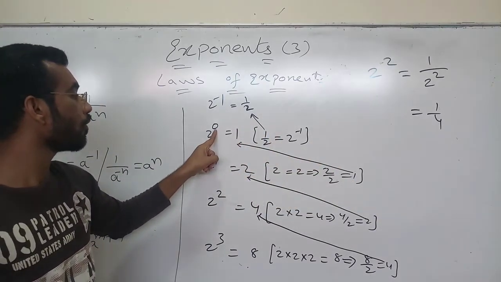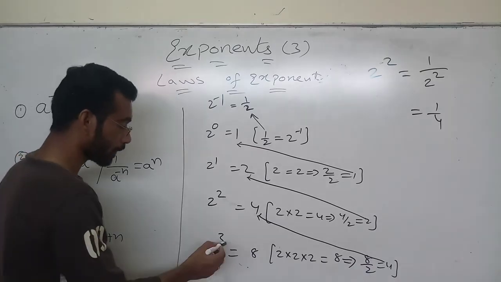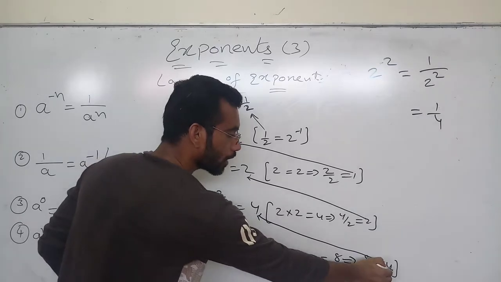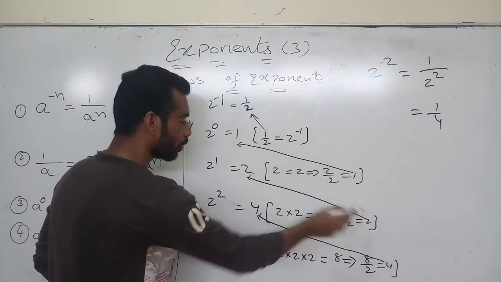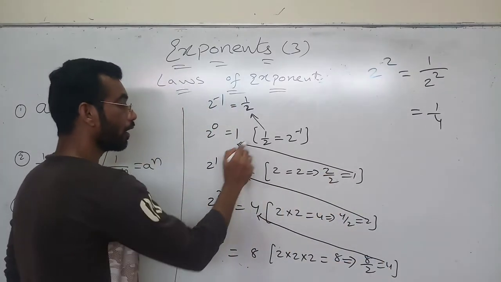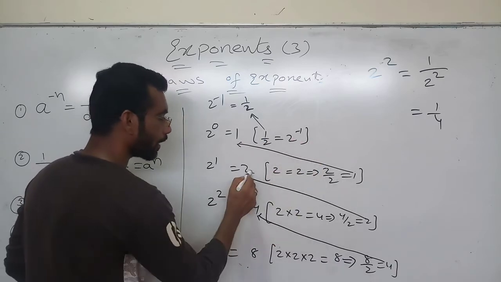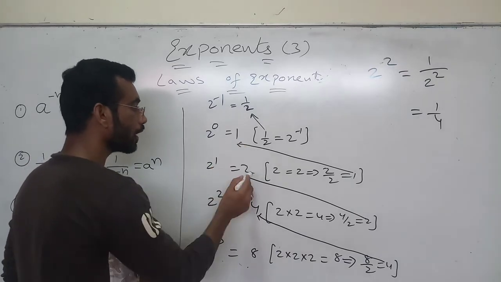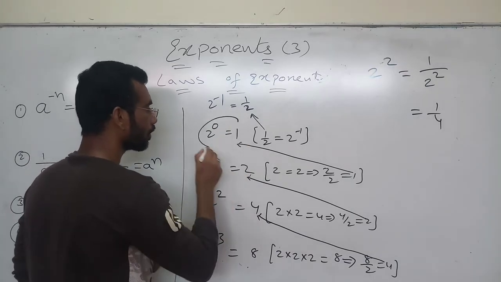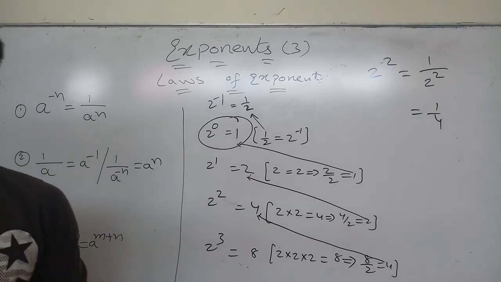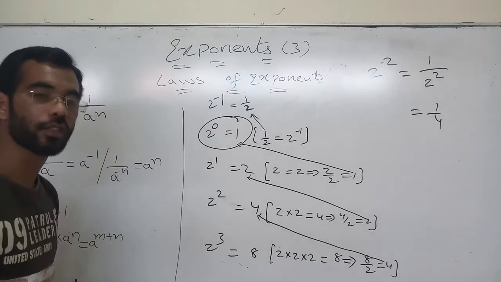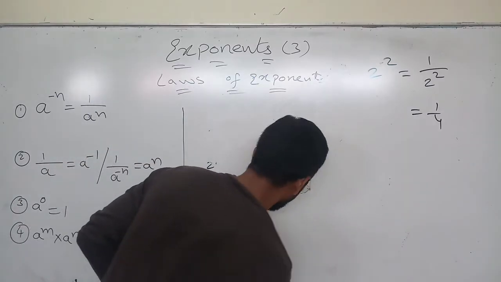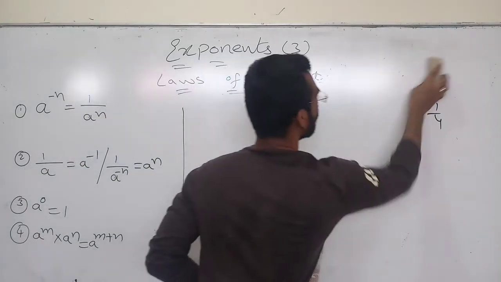Take the 1 here. 2 power of 0 is 1. How? Because 2 power of 3 is 8, 2 power of 2 is 4, 2 power of 1 is 2, and 2 power of 0 will be 1. 8 divided by 2 is 4, 4 divided by 2 is 2, 2 divided by 2 is 1. Now what remains? 1. So 2 power of 0, how much are we getting? 1. Understood? Hope everyone understood this logic. Please try it once, you will find it easy. After trying, please write in the comment box whether you have understood it properly or not.